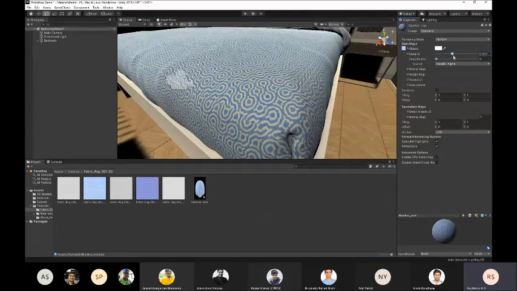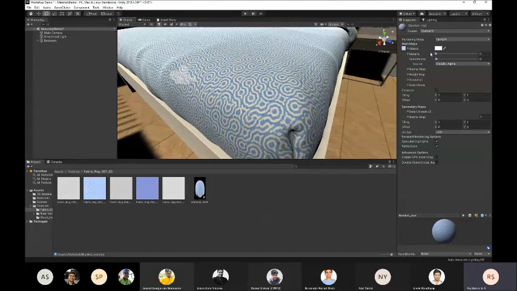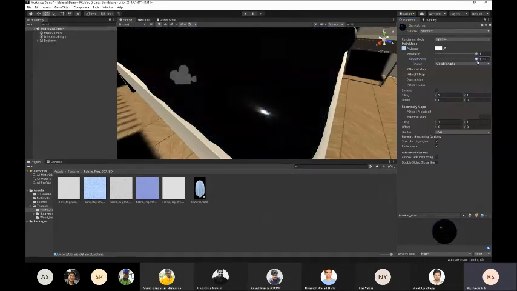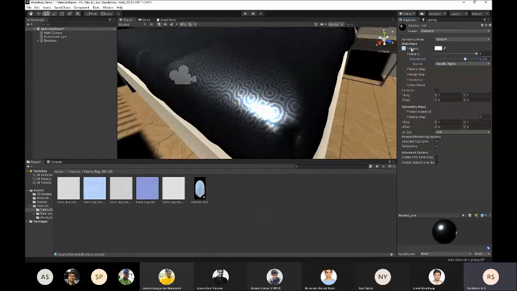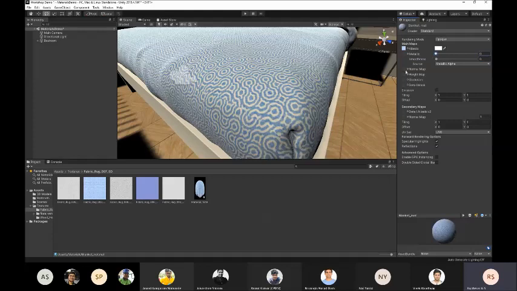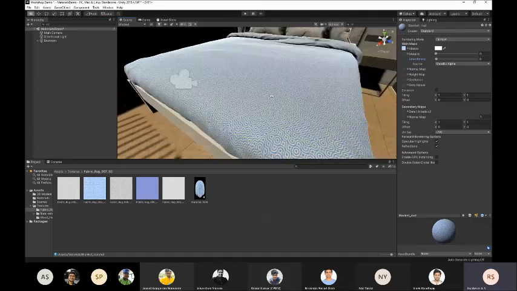And there's also a metallic property. If your object is very metallic in nature, then you can increase this one. If you increase the metallic and the smoothness to full, and your color is white without any texture, it gives it a stainless steel like look. So that's one handy tip. So metallic I set to 0, smoothness also I set to 0, and this looks much better.